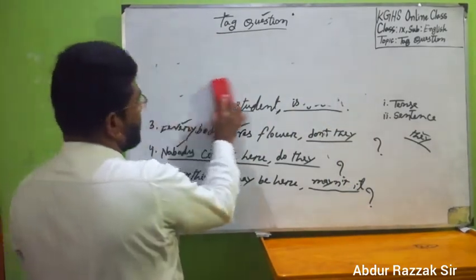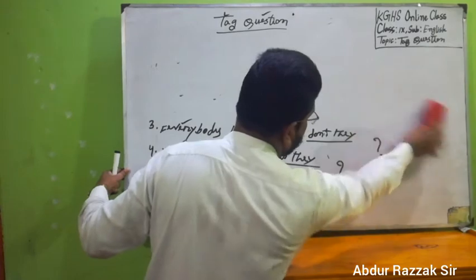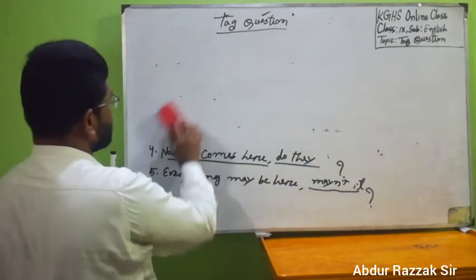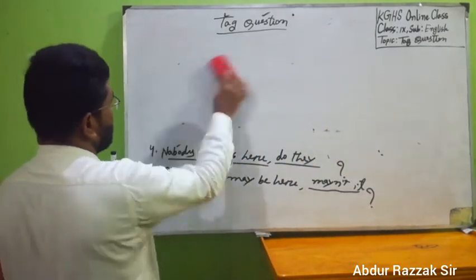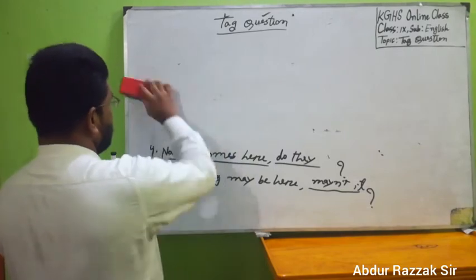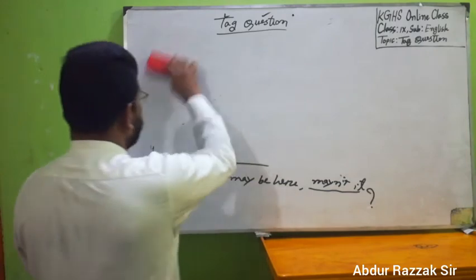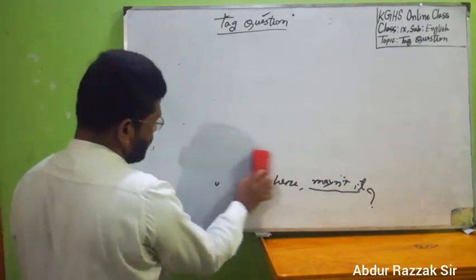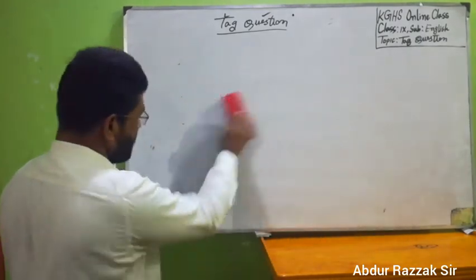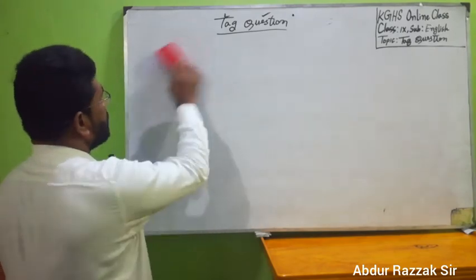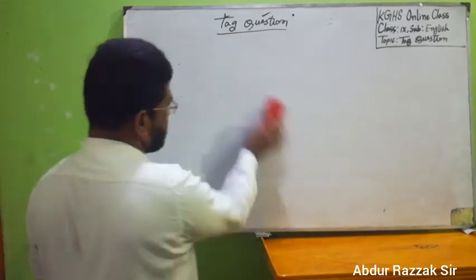Dear students, I think you have an idea about imperative sentences. Generally, an imperative sentence starts with the principal verb or base form of the main verb. Dear students, to make a tag question from an imperative sentence, you should remember at least 3 rules, such as